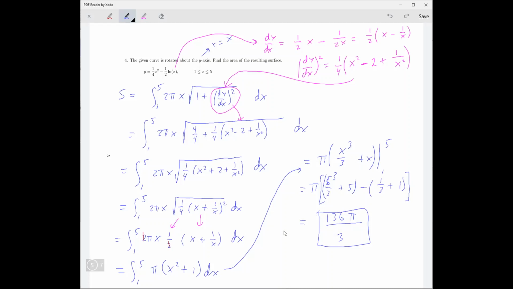Okay, any questions about that? Yeah, could you explain one more time what happened to the 4/4 plus the 1/4 in the 4 right here? The 4/4? Okay, so what happened there was